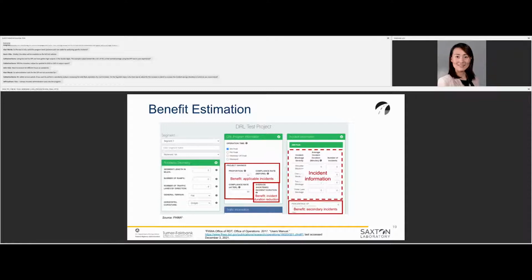For other strategies, on this page we're showing an example of the driver removal law TIM strategy. For other strategies, the TIM program, for example, driver removal law, would not necessarily apply to 100% of the incidents. The driver removal law would only apply, for those of you who may not be familiar with that, to incidents